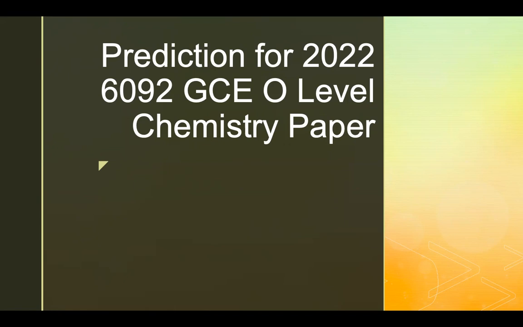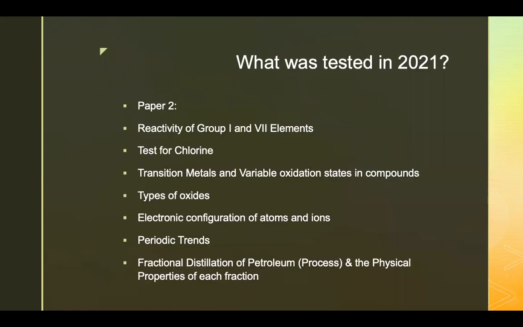All right. So before I predict what might come out, maybe we can take a look at what came out in 2021. I'm just going to focus on paper 2 and paper 3, because it would be better if I can predict paper 1 right after paper 2. Yep, it will be a better gauge. So what was tested in 2021 paper 2 was